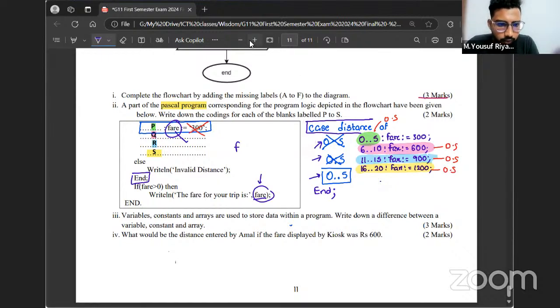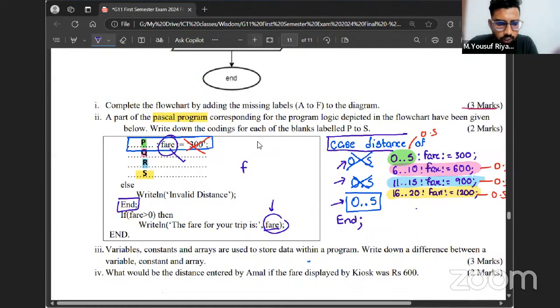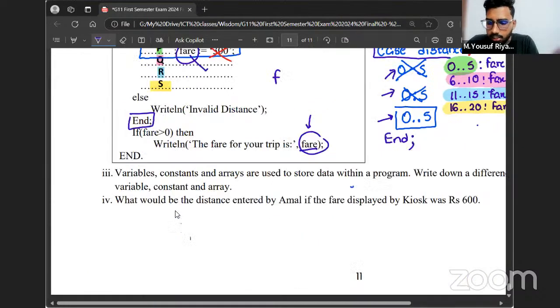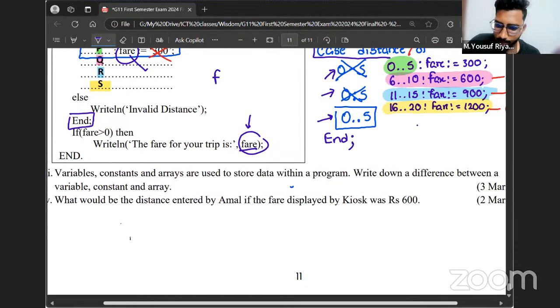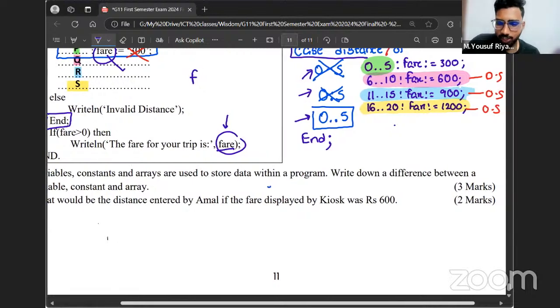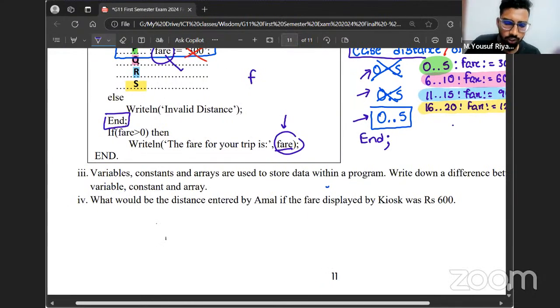Next, the one before the last question. This is where it gets hard. No, it's easy. Variables, constants, and arrays are used to store data within a program. Correct. Write down a difference between a variable, constant, and array. So you can write like this. Roman number 3. You can mention